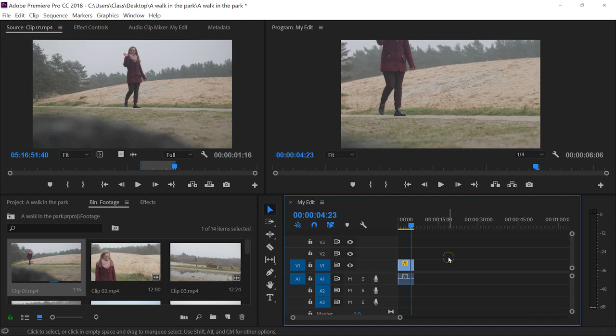Now let's have a closer look here at the timeline. What's going on here? We can see tons of things going on in here. Let me explain what we're seeing. First of all, I'm going to zoom in a little bit more into my timeline. We can see this scroll bar, which we can scroll with to the left and the right. But if I take the outsides of that scroll bar, I can actually just zoom in into that